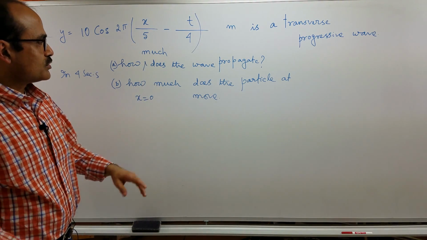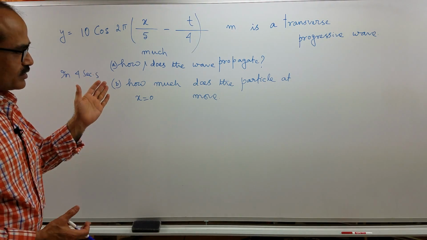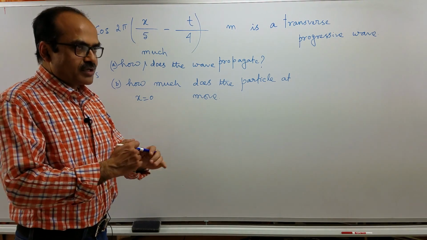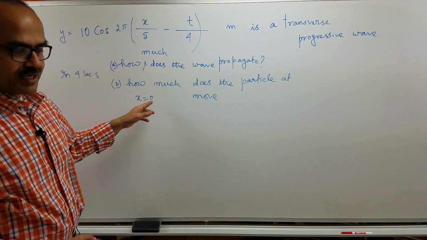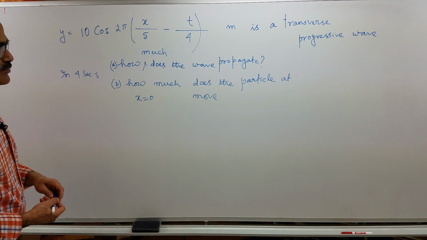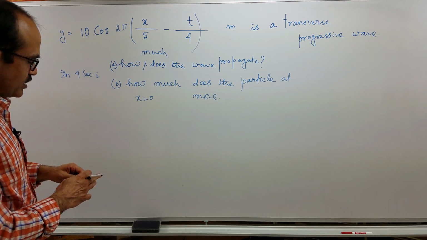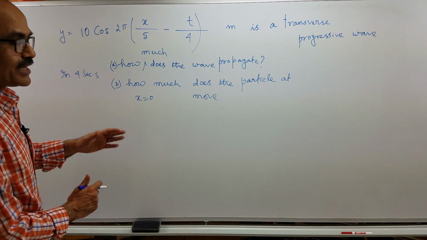These are two different questions: one is the propagation of the wave, and the other is the movement of one individual particle located at a specific point, that is at x equal to 0. Now, to answer this, we first have to write the equation of a transverse progressive wave propagating in the positive